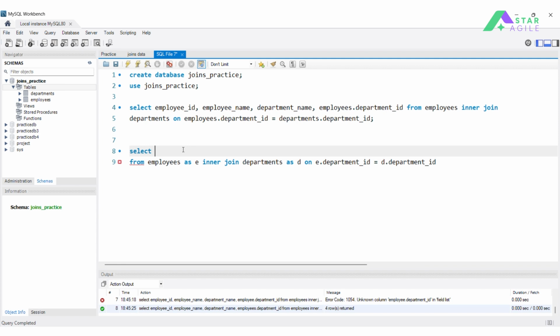So select employee_ID. For the columns which have unique names, it's not required to specify the table name, guys. Directly you can mention the column names here. For the columns which have duplicate names, meaning the same name in both tables, for those columns you need to specify the table name before. Okay, so employee_ID,